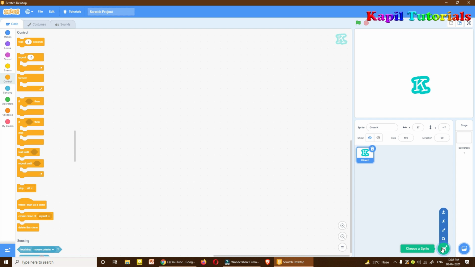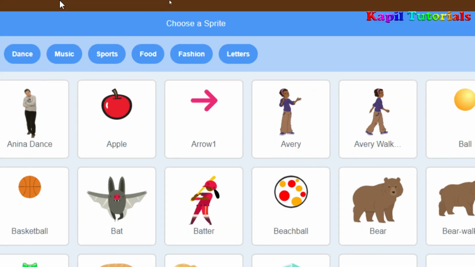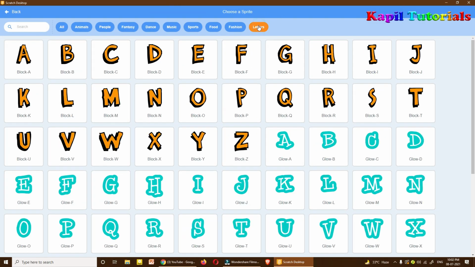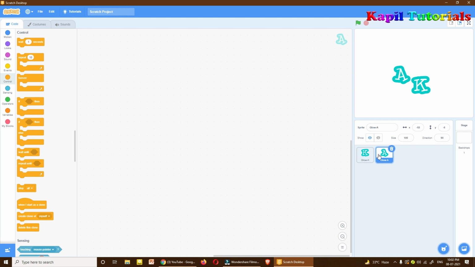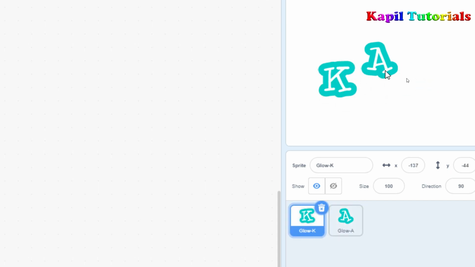Now I'll take a new sprite. Again letters, and from the letters the second sprite. This is my second sprite. Yes, manually I can fix them. Okay, like this.